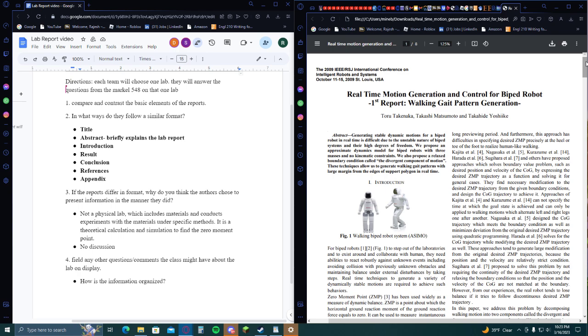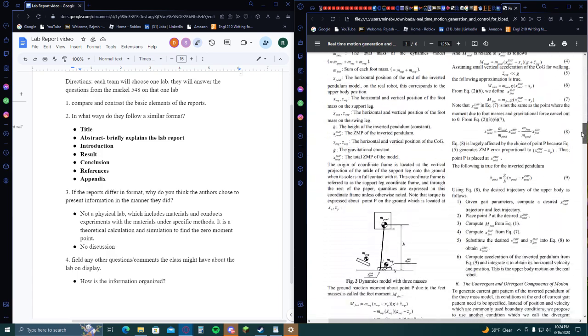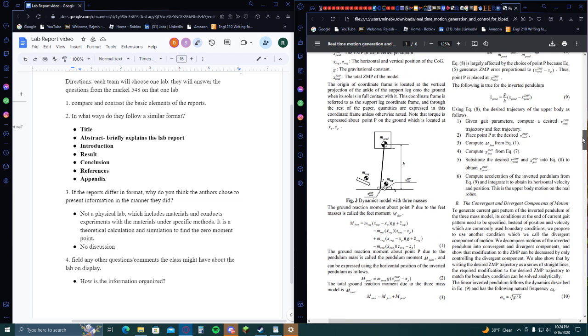It tries to find the zero moment point, a right dynamic balance point, so that the robot, when it walks, can walk freely under a perfect balance without any kind of disturbance. So basically, it can move freely without any problems. To do that, they need to find out a point where the velocity, the weight of the robot, and the distance the robot walks at a time, all these things have to fit together so that there is no problem in the motion of the robot. So the robot has to have all these data, and to do that, they calculate